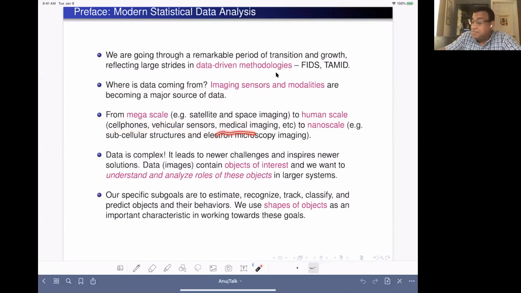We are greatly interested in medical imaging for doing diagnostics, predictions, analysis, all the way to nanoscale. So you told me that he's a student, he's an advisor of a colleague of mine who works in nanomanufacturing, nanoparticle morphology. So these nanoscale structures, which could be in nanomanufacturing, but also could be subcellular structure, imaged through electron microscopy. So across these vastly different scales, we are getting lots and lots of imaging